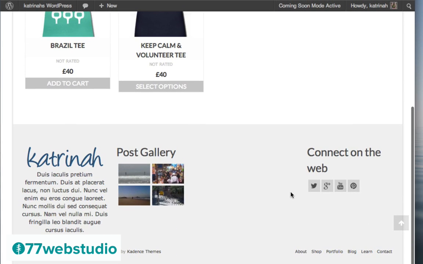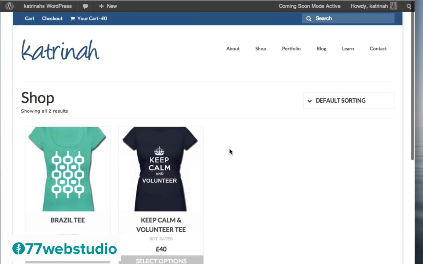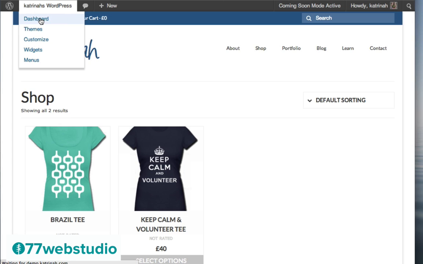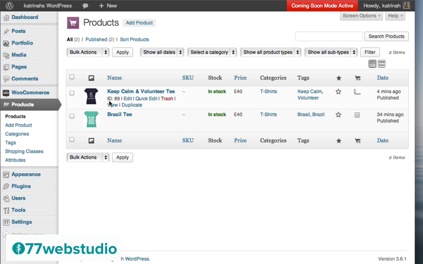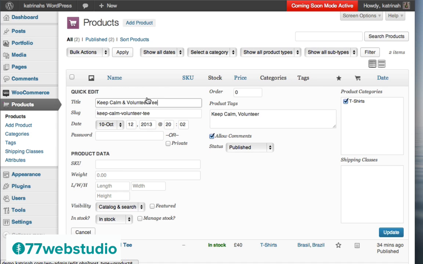Also note we still have some missing featured products down here. To feature these two products we've created in the footer, we want to go up to the top and click on dashboard. Then we want to go to our product page right here, so I'm going to click on products. Then you need to, one by one individually, click on quick edit for the product. So I'm going to click on quick edit. Then we get this screen, and right here there's a box that says featured. So we need to click on this box to feature this product and then click on the update button.